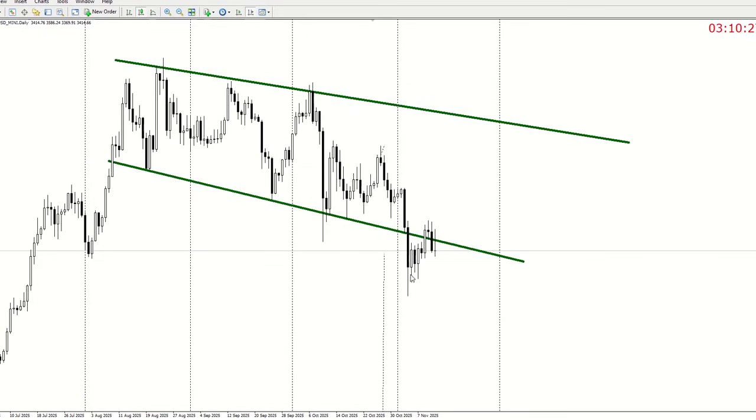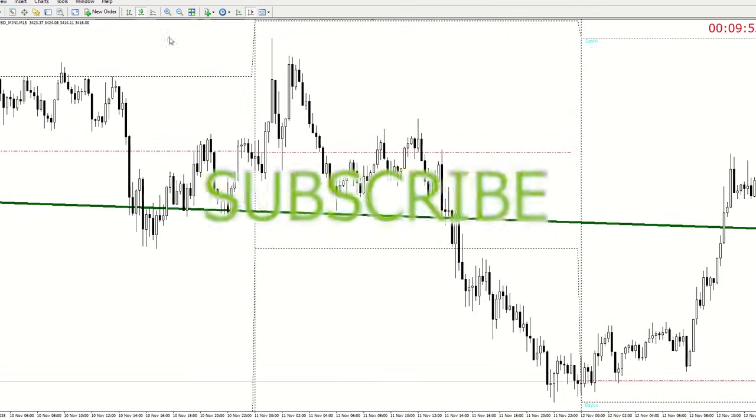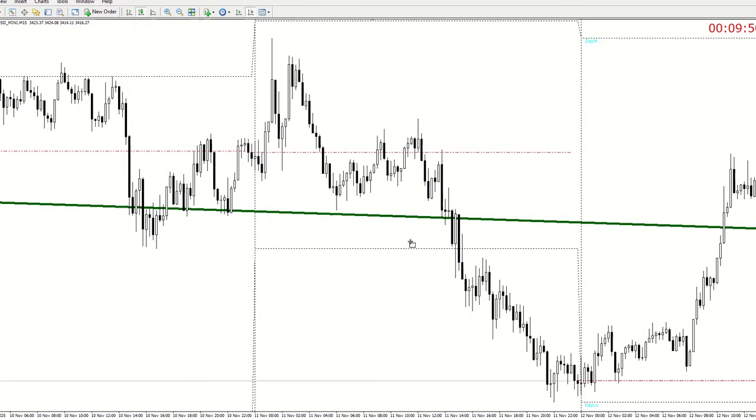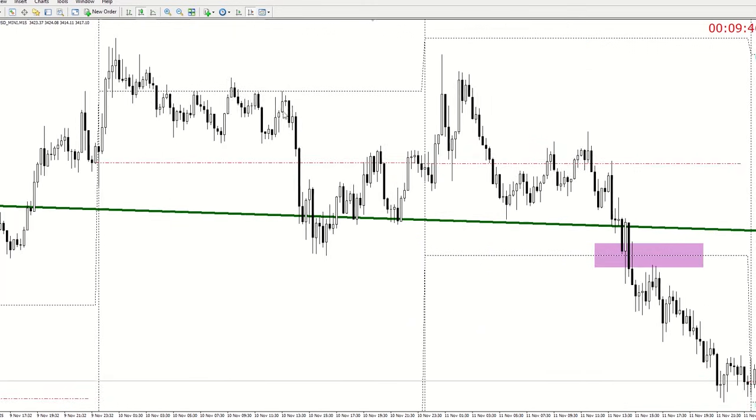So they went all the way back up. As you can see, as they were going up, they never gave us a trend day until a day when they gave us a pin here, and yesterday they gave us a trend day here. You can see it's a trend day because it violated the low of this day. Let's go to a smaller time frame. As I've been saying, this is a trend day because they broke this low here. This is that day of a pin. This wasn't the trend day.